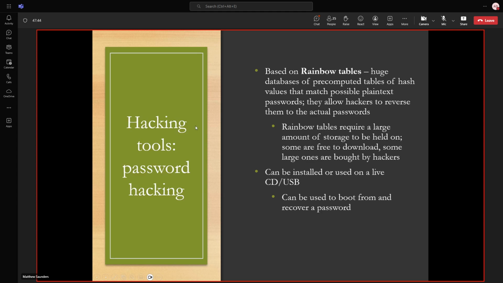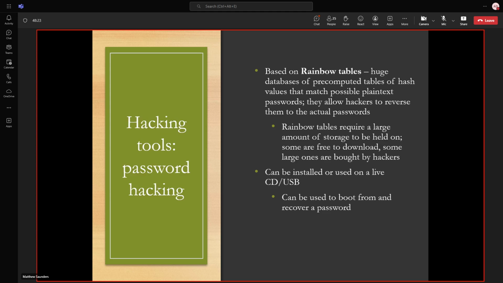Now, there are other types of password cracking that we're going to use, like rainbow tables. We'll come to that later, but basically you do a lot of legwork up front to pre-compute hashes in order to make your hacks more efficient when you're actually doing them. Now, this takes a huge amount of storage and a lot of time to set up. So hackers will often collaborate on these things, and you can actually download these large databases of pre-computed hashes to try and figure out passwords, right?